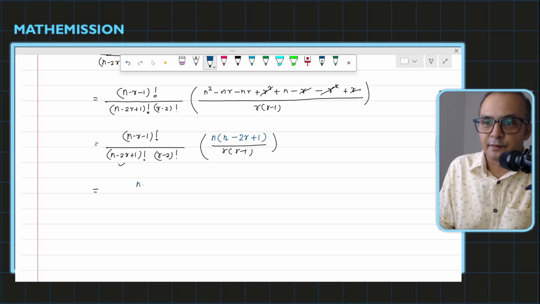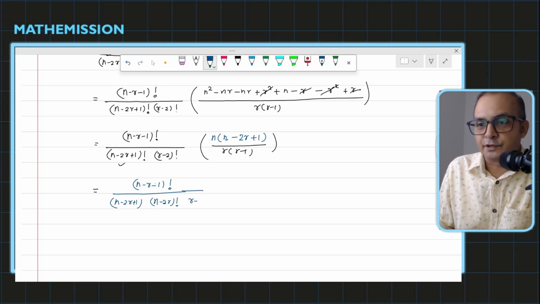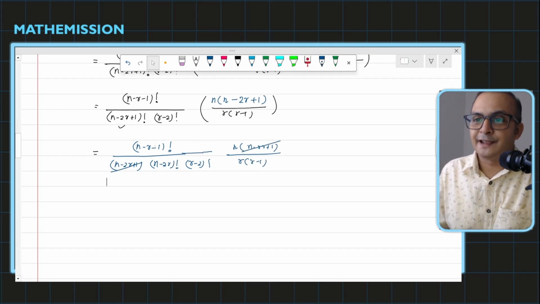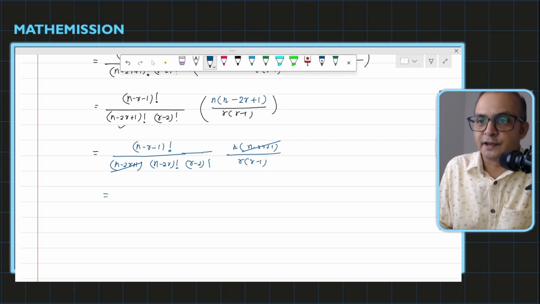So we get here (n minus r minus 1) factorial divided by (n minus 2r plus 1) into (n minus 2r) factorial, and that is (r minus 2) factorial as it is. And see here I have n into (n minus 2r plus 1) divided by r into (r minus 1), and they will get cancelled. So now I have a clean formula which can be written as (n minus r minus 1) factorial